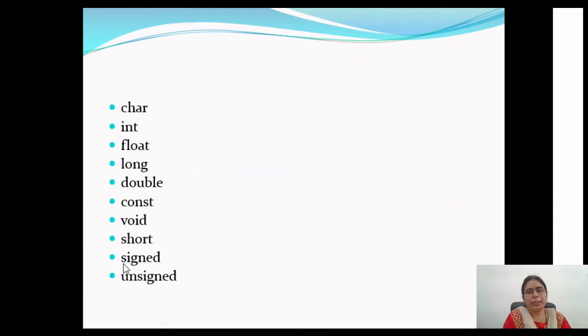Signed is to indicate that the value is signed. This is a qualifier associated with the integer or float type of values. Unsigned is to indicate that the value that we have is unsigned. So we will not have a sign bit for it. Normally to represent a signed number, we have a sign bit that indicates whether the number is positive or negative. And if we specify that the number is unsigned, then we will not have that sign bit, and that particular bit can also be used to store the magnitude value.